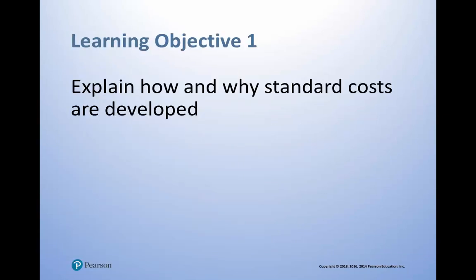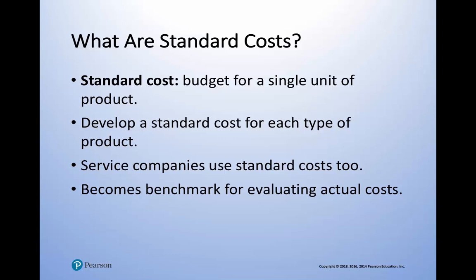So let's get started. Learning objective number 1, we're going to explain how and why standard costs are developed. So what are standard costs? A standard cost is basically a budget for a single unit of product. If we're thinking about being a manufacturing company, we come up with a standard cost. If we're making jackets, how much resources, how much time, how much material should go into making one single